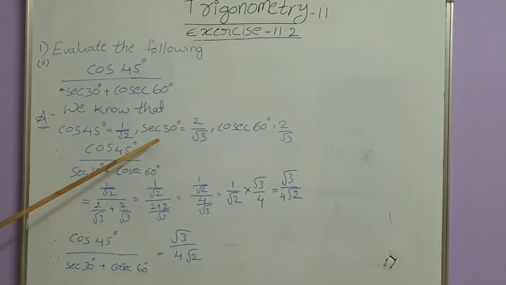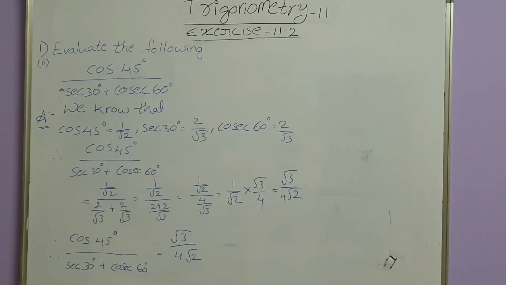Sec 30 degrees and cosec 60 degrees are the same value, 2 by root 3. Substitute these values here. What is cos 45 degrees? 1 by root 2, sec 30 degrees 2 by root 3 plus cosec 60 degrees is 2 by root 3